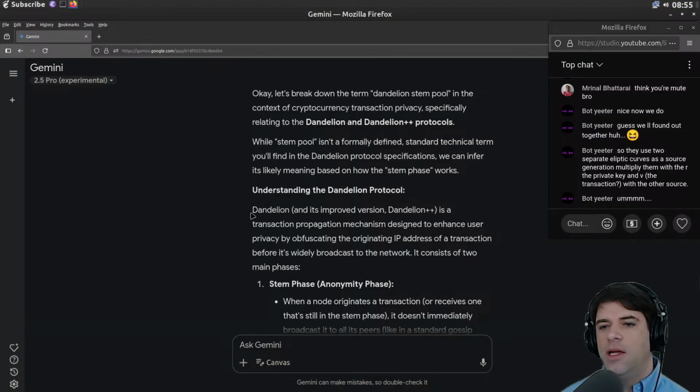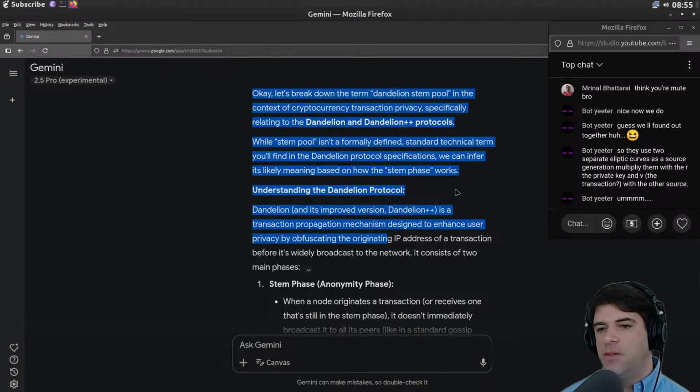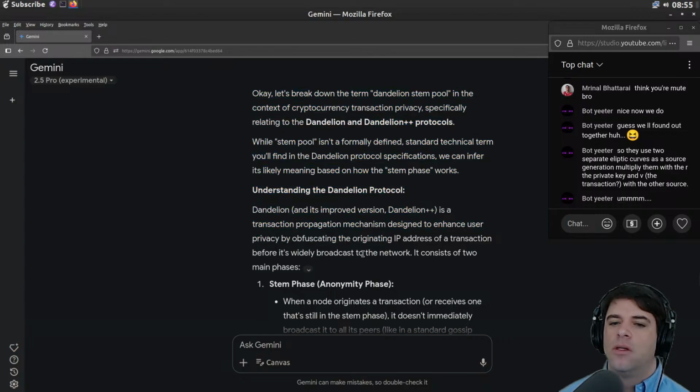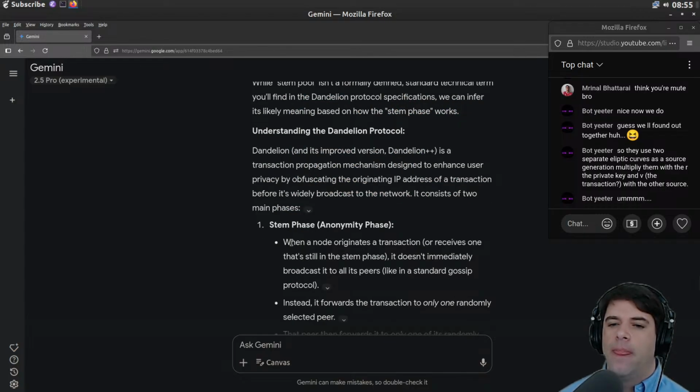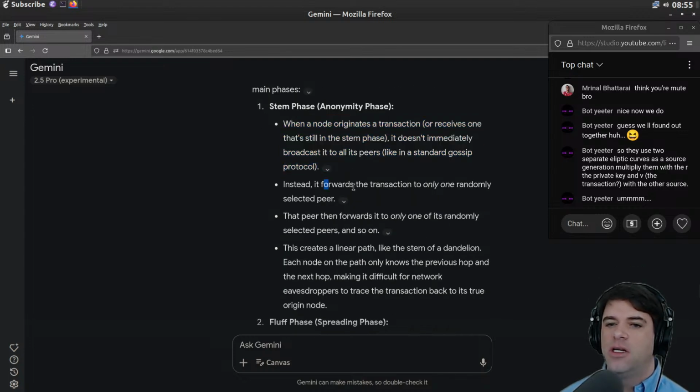The dandelion protocol is a transaction propagation mechanism designed to enhance user privacy by obfuscating the originating IP address of a transaction before it's widely broadcast to the network. So we've got a stem phase. When a node originates or receives a transaction, it doesn't immediately broadcast to all its peers. Instead, it forwards the transaction to only one randomly selected peer. Then the peer forwards it to only one of its randomly selected peers, and so on. This creates a linear path.